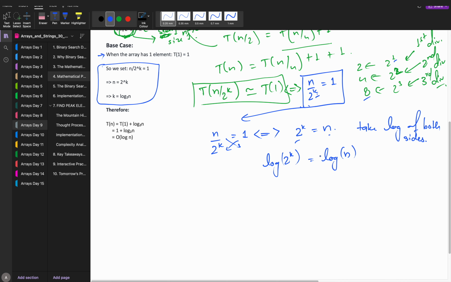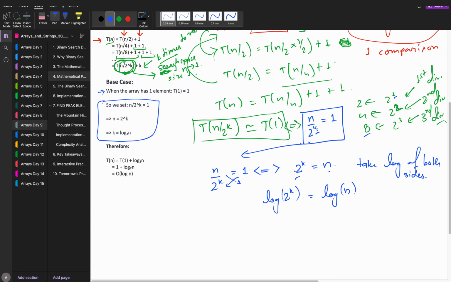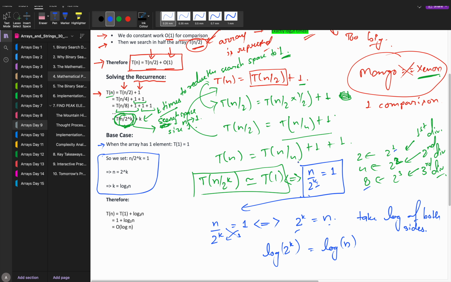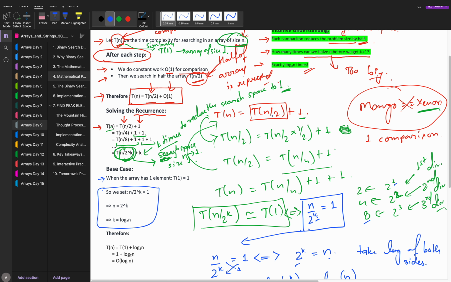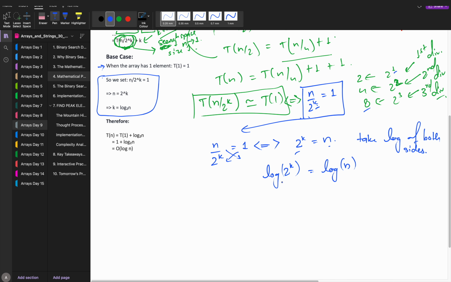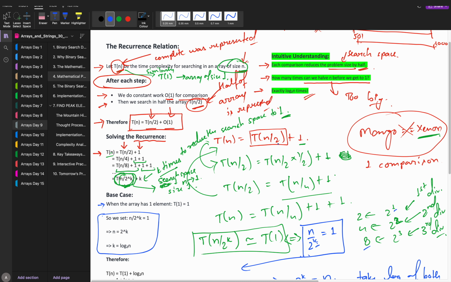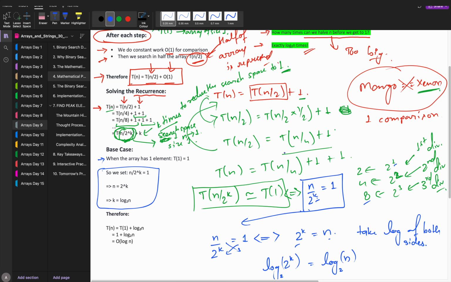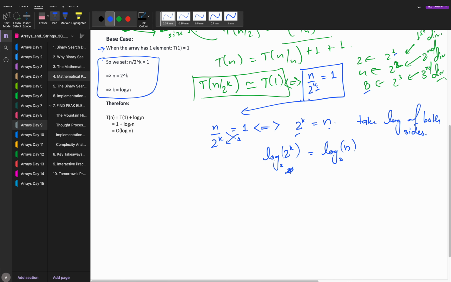Now, if there is a log, then there needs to be a base value as well. What can be the base value here? In short, if I don't go into much technicality and other proofs, because we are already trying to prove something here, just try to understand that because we keep dividing this search space by 2 every time, the base will also become 2. If we were dividing it by 3, the base would have become 3 also. That also happens. But because we are doing it with 2, we will put the base as 2 only.